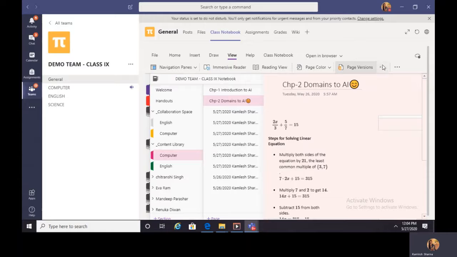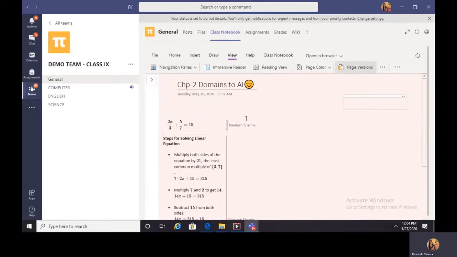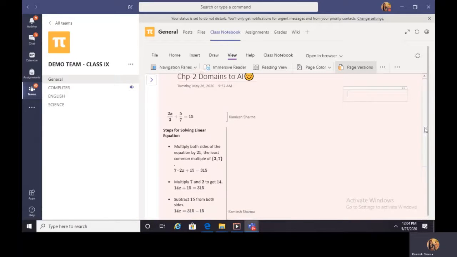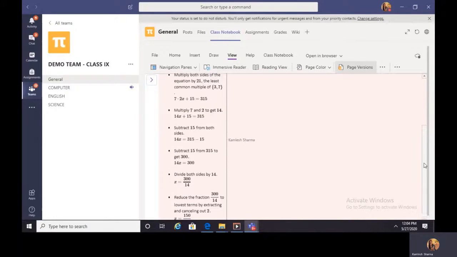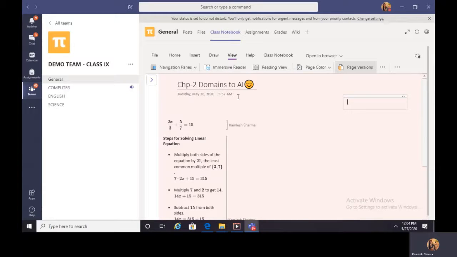Click on the page version, the 3 dots over here, and click on show authors. Once you click on that, it is going to show you the authors who have come to the page and done the editing. So it can be really very useful in finding out the mischievous child. Or you can just turn it off by clicking it once again.